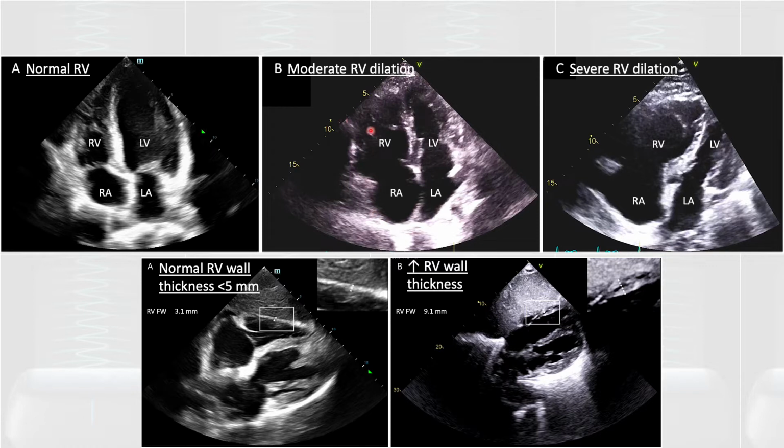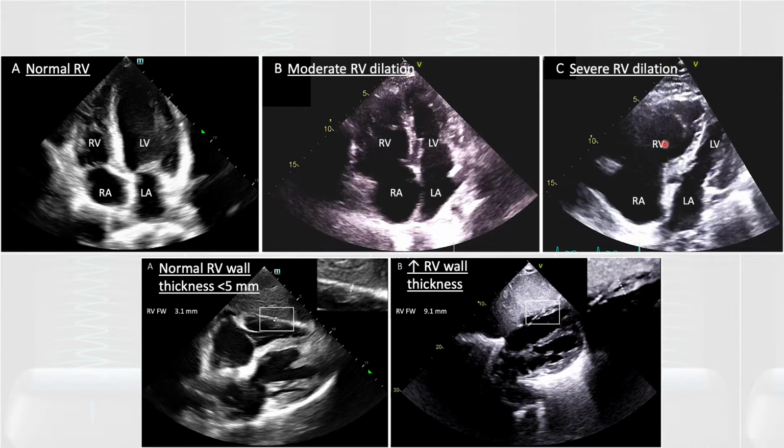In moderate right ventricular dilation, you see an enlargement of both the right ventricle and even the right atrium, and there may be some bulging into the left atrium because the pressure in the atria is less than the pressure in the ventricles in general. And here clearly there's more severe right ventricular enlargement, and the apex is almost all formed by the